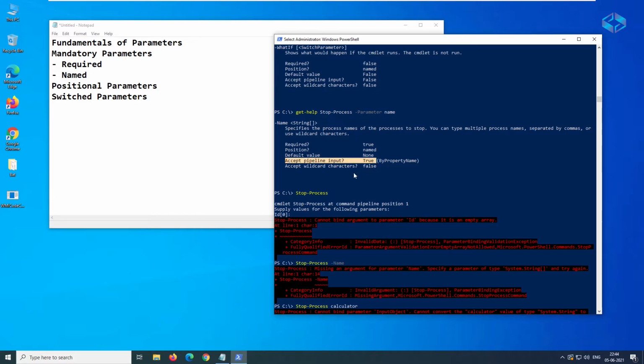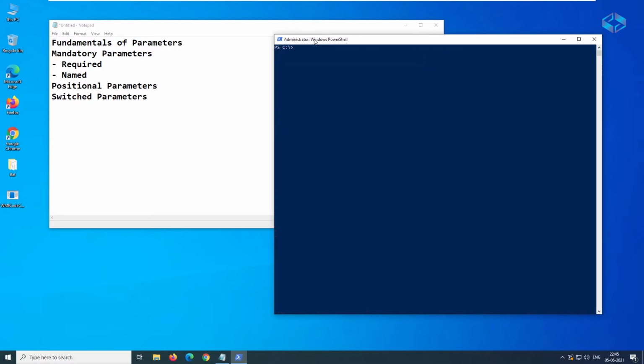We have seen previously that a command can take the input from the previous command's output. So whether it can be taken or not, whether it will accept or not, that information is also here. So that is about the mandatory parameters.